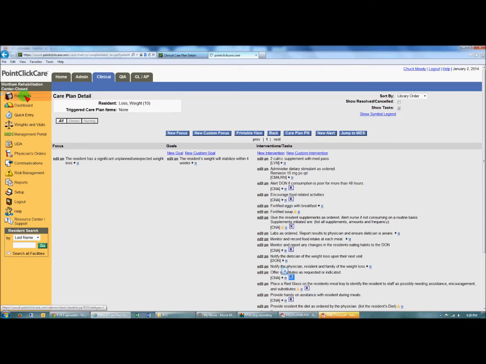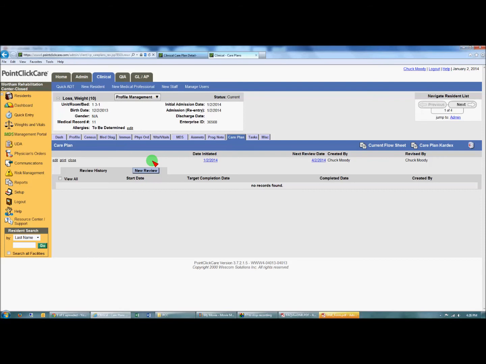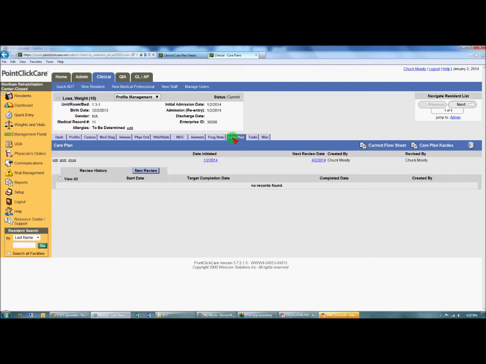Let me go back real quick. Let's say this week we've done a new Weight Watchers form, and we've changed some triggers, and we need to either add or take away. So we've done our new Weight Watchers form. We've determined that we need to add or remove an item from the care plan. So if we go back to care plan,